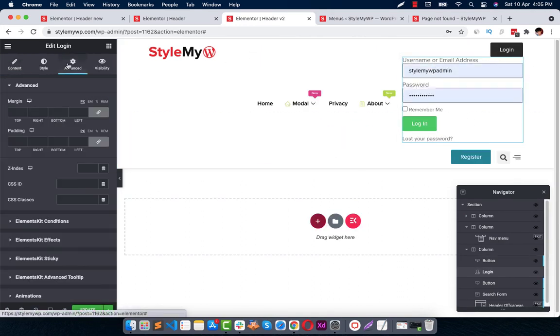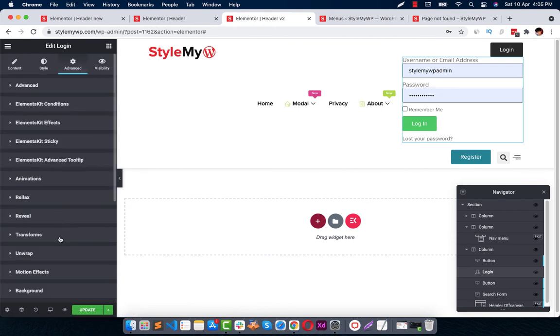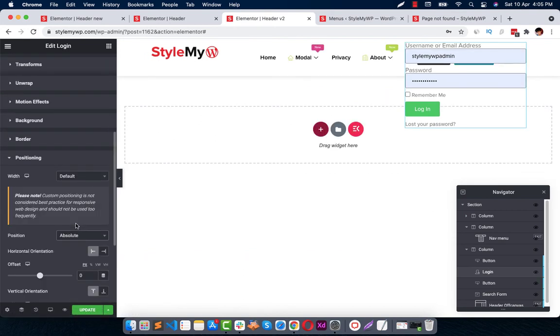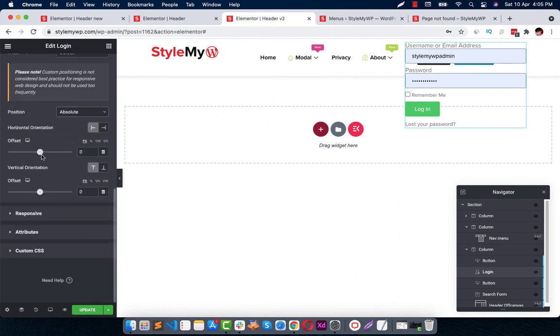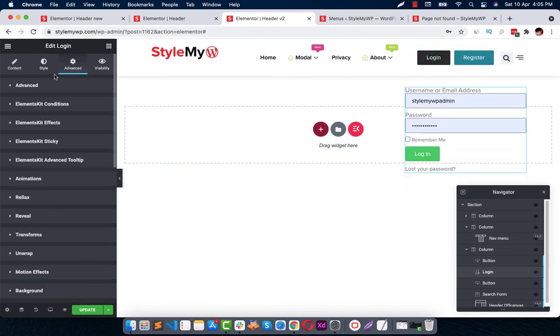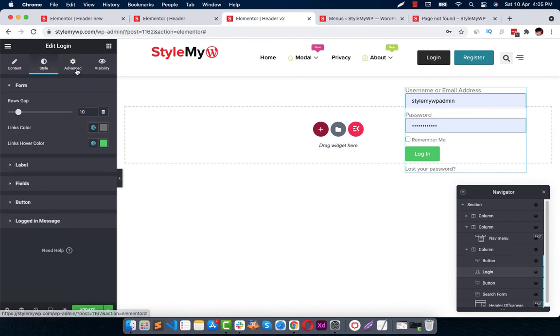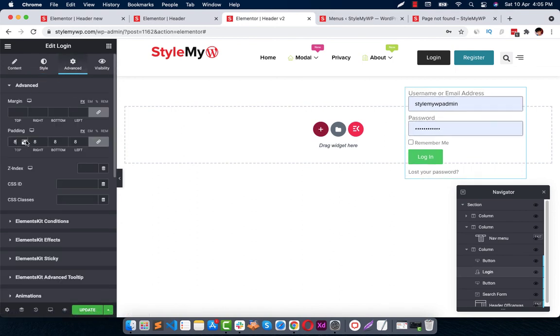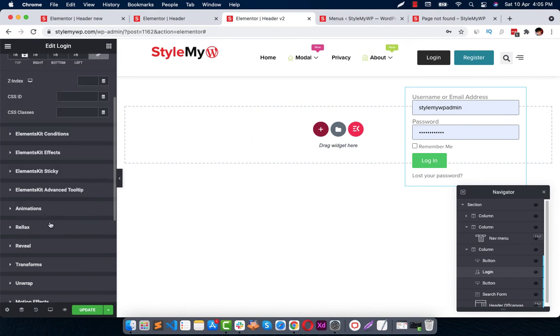It is breaking our layout, so we can keep this positioning to absolute. Okay, and we can offset the vertical offset a little bit more. We can give it some good padding and a background.